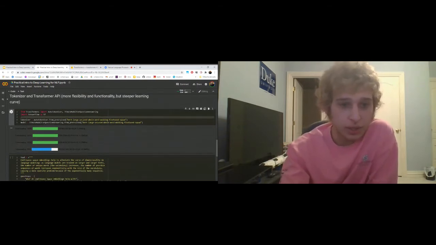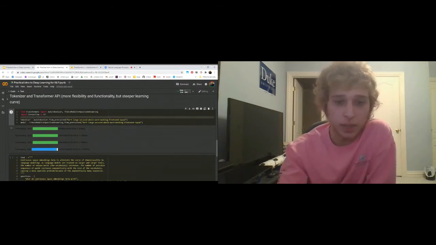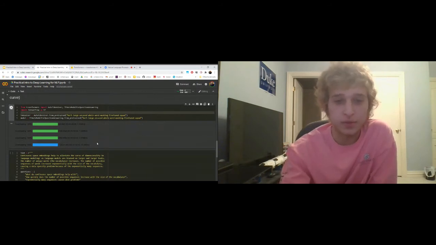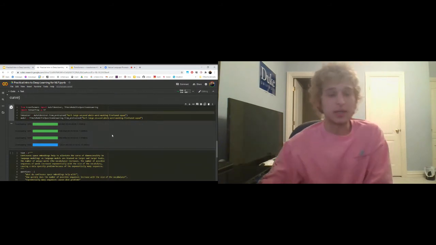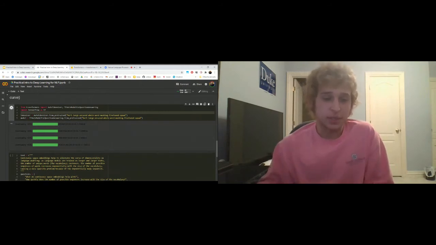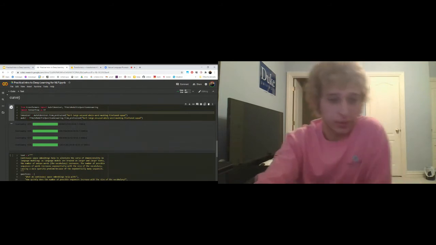But yeah, so we're going to download a tokenizer. As we talked about earlier, we need to tokenize our text. And then we're downloading a model. You can see here that this model is over 1 gigabyte, and so the downside to large language models is that they're large. So they can be slow sometimes, or they can take up a lot of disk space. But now that we have that downloaded,